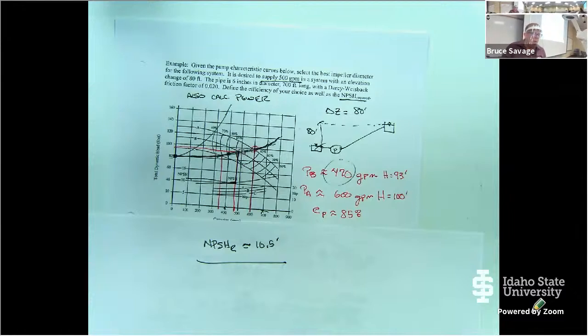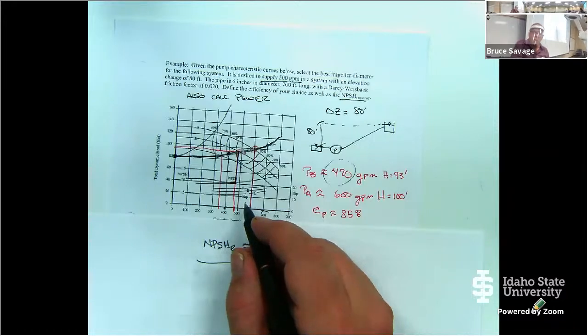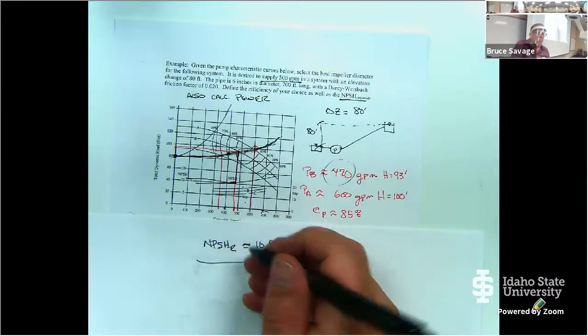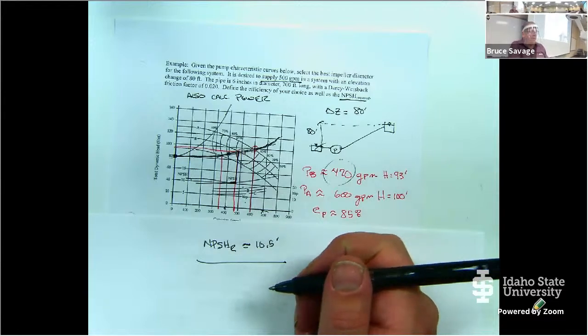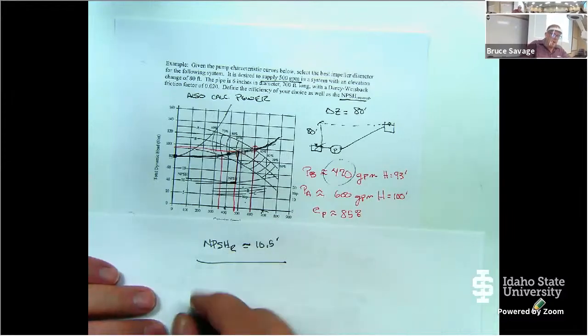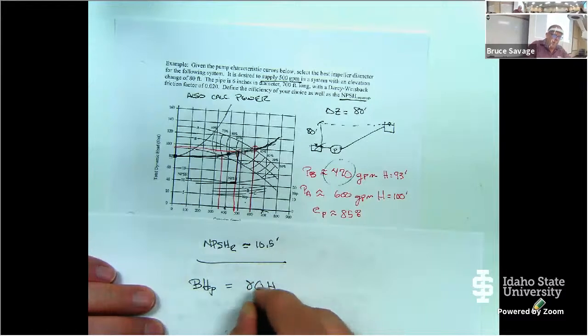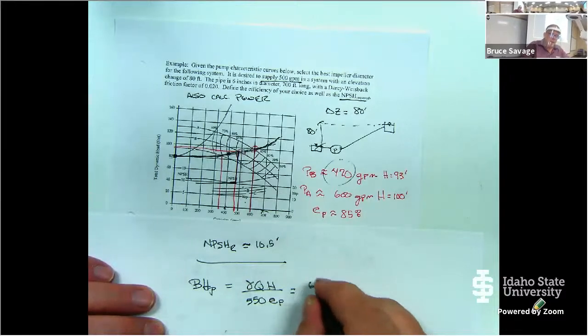Now there's some other values on this pump curve. And this is the brake horsepower. Some pump curves have them, others do not. So this is basically saying, I'm going to calculate the brake horsepower for you, as a quick and easy way to see how much brake horsepower I need. Remember that the brake horsepower is equal to gamma QH divided by 550 times the efficiency of the pump. So if we go ahead and do this calculation,